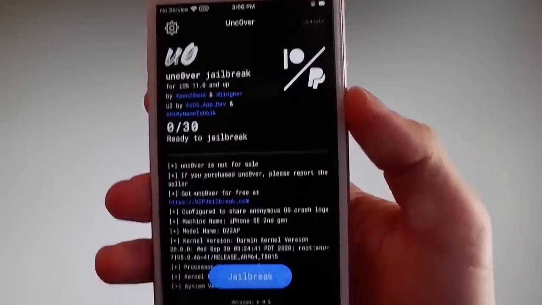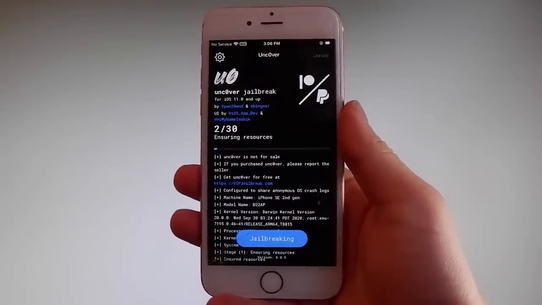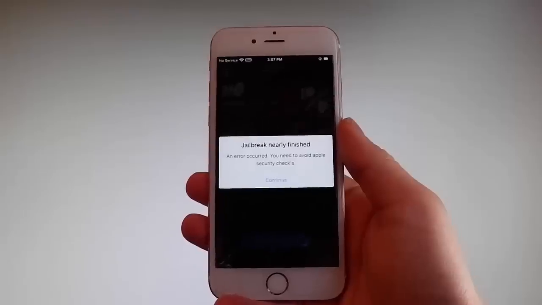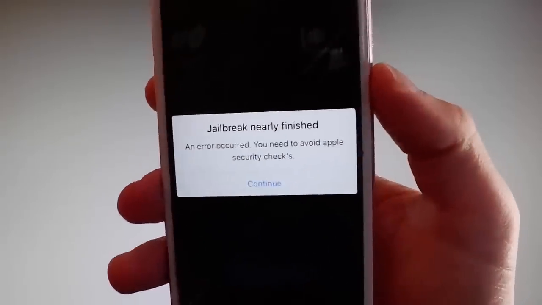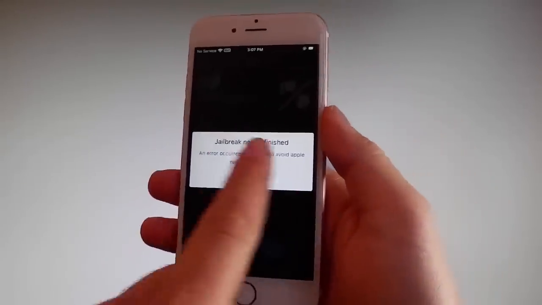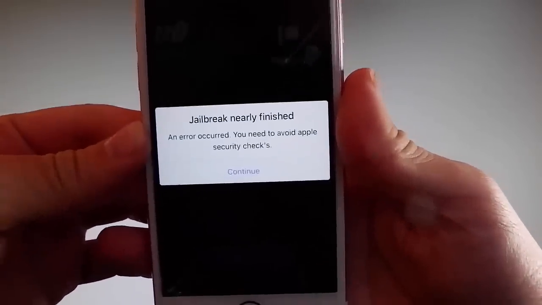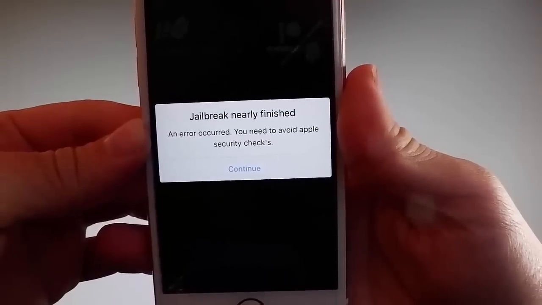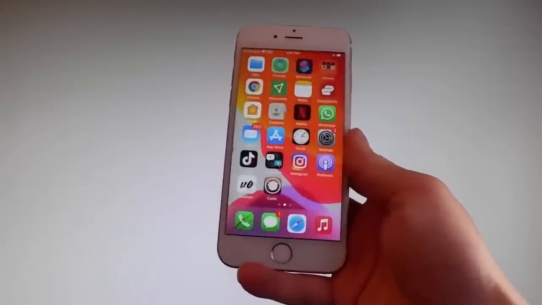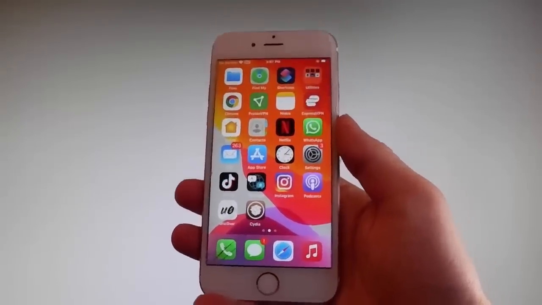Now sometimes, once the jailbreak starts, you are going to be required to complete a very short device verification to verify your device and to verify your iOS version. For me, I have already completed this verification before shooting the video tutorial, so it has a bug and it's gonna ask you always, but I do not need to complete the verification, but you have to do it. So you need to tap on the continue button to go to the security checks and to verify your device, and once you do, only then you'll be able to have your phone jailbroken. As I said before, this beta version of Unc0ver has a bug and it is asking me to complete the verification, but I have already done that, so this is why my phone has been successfully jailbroken and Cydia has